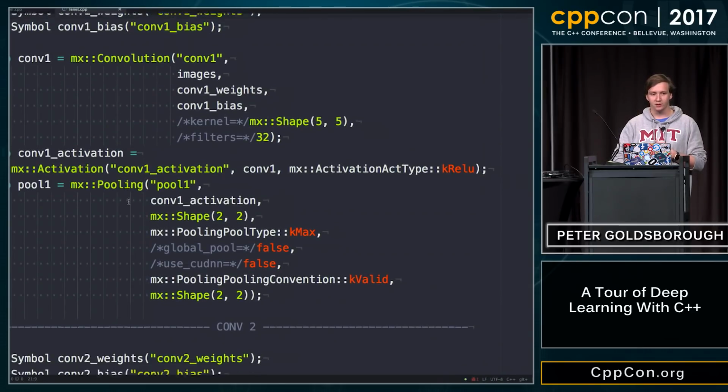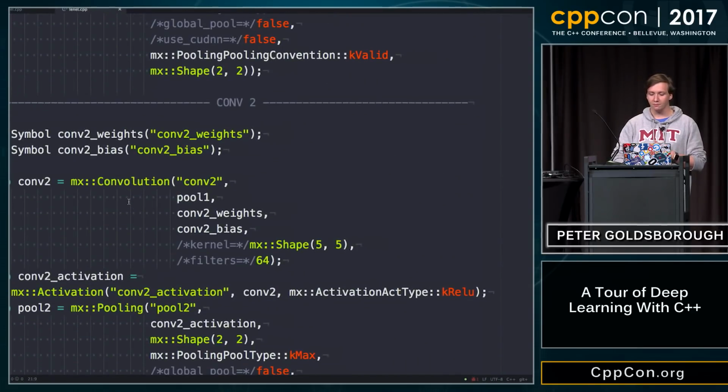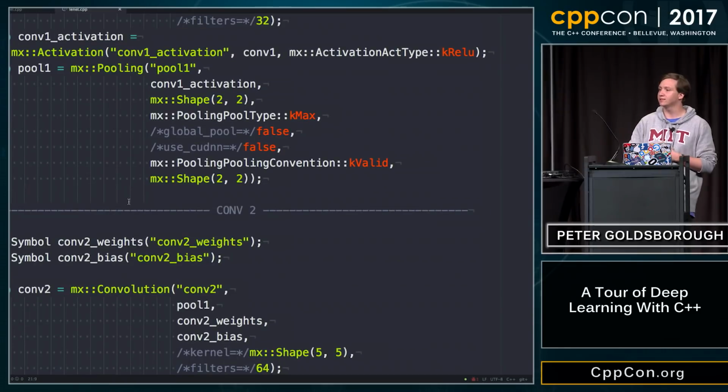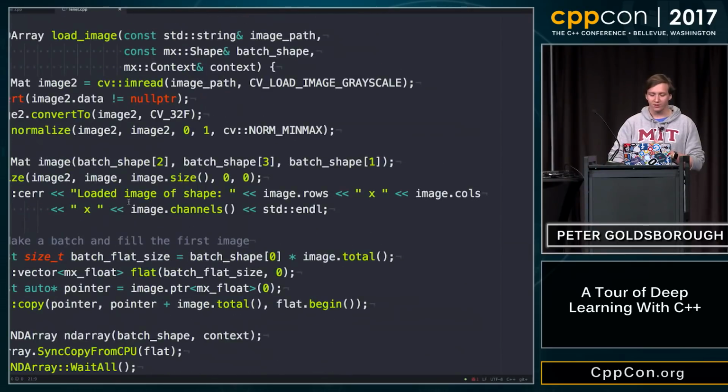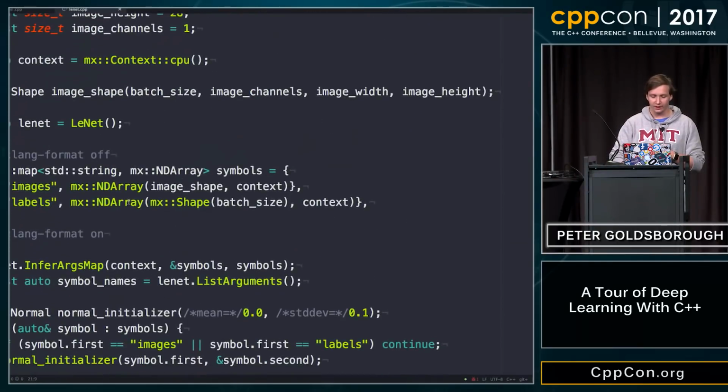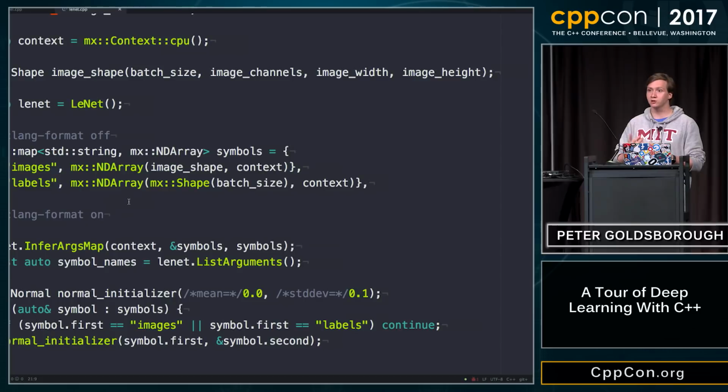And we're passing that through these functions to create a neural network. In this case, this is an image classifier. It has a very nice API. That's what I'm trying to show. Down here, I can show you how to actually train it, which is also very straightforward. So it's not very much code.